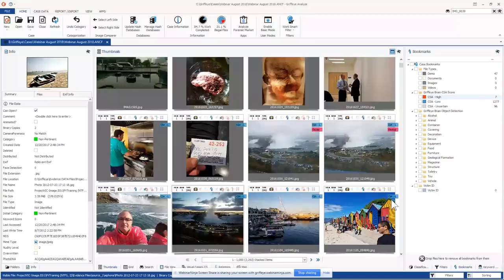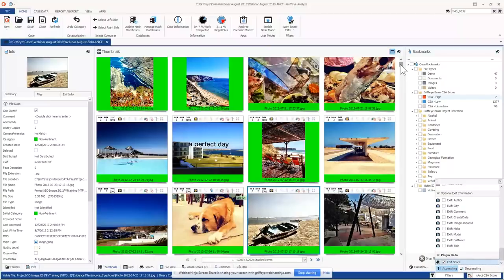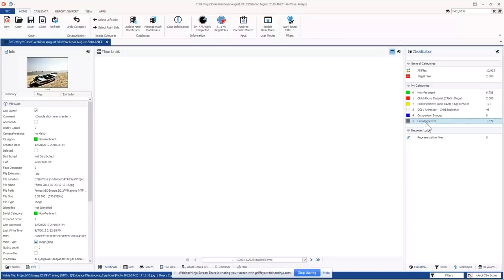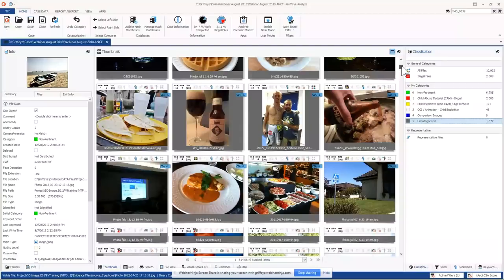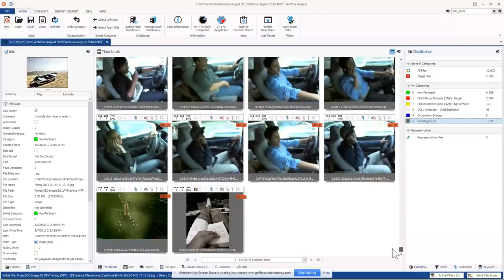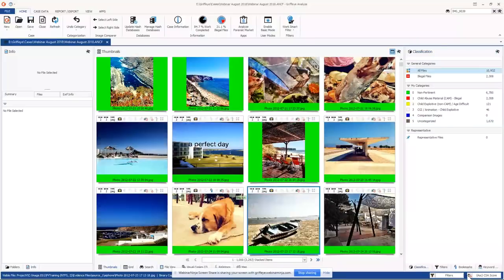One thing I can do as part of my workflow is sort by CSA score. So if I select over here, my files are now sorted. I'm going to filter to uncategorized, and I've got my CSA low scores at the top if I want to knock those out. And then as I can see down at the bottom, it goes to uncertain and then low. So that's another way you can use the power of the program to approach your case. Let me clear my filters and sorting.